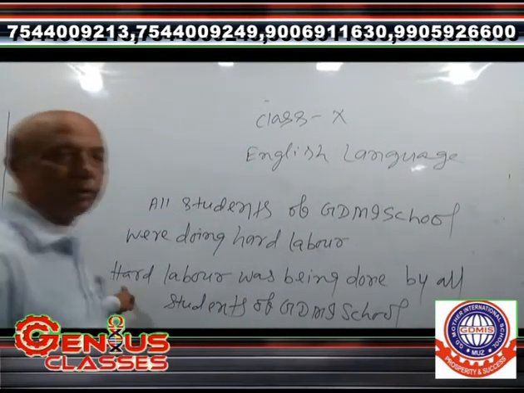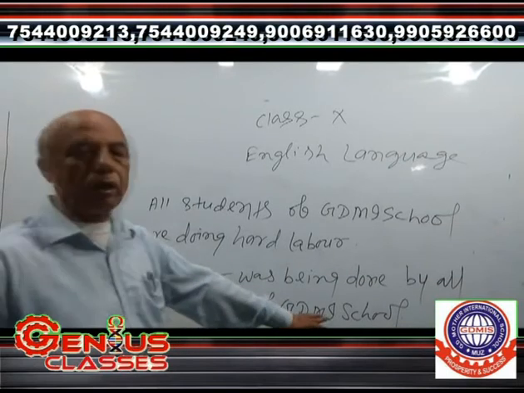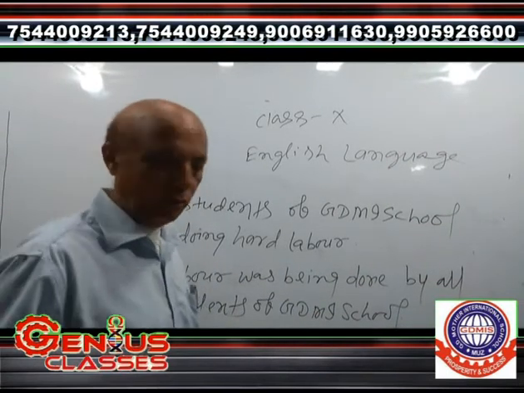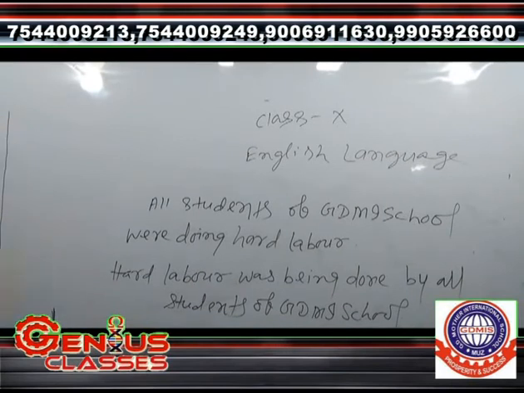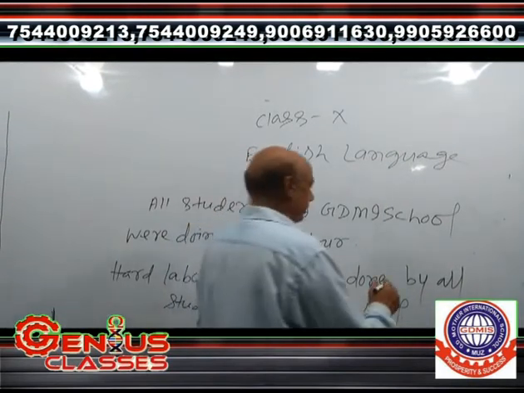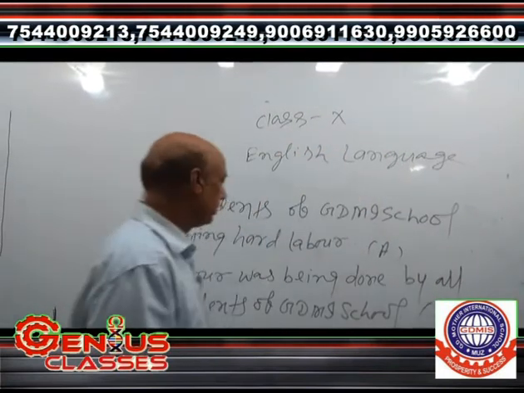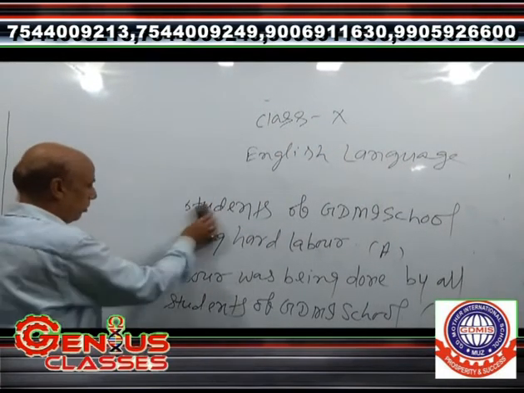Here it has been made into passive. Hard labor was being done by all students of GDMI school. That is why it is in passive voice. The first is in the active and the second is in the passive. It has been changed into passive. Now,